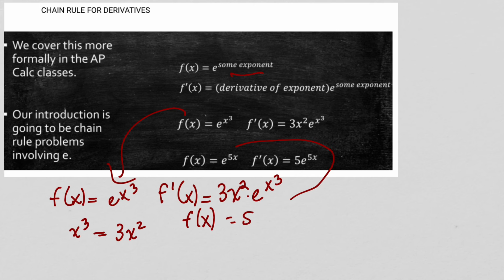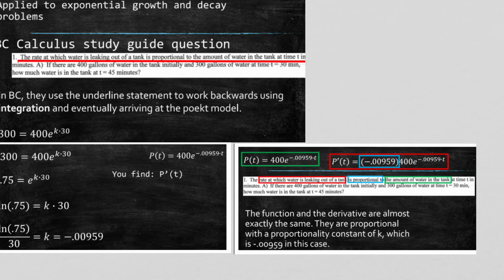Same thing as what we just did before for this one. E to the 5x, the derivative is going to be the derivative of the exponent. So the derivative of 5x is just 5. So it's 5 times e to the 5x. Again, as you go more next year into this, you're going to be learning more. So let's just take a look at this example here. This is from a BC